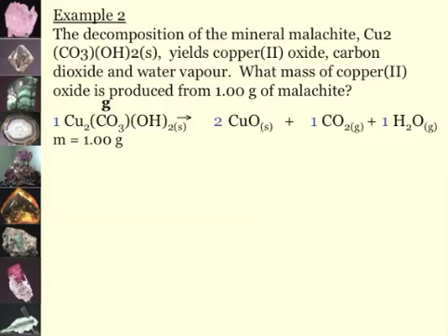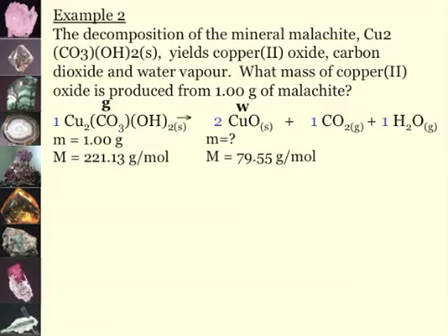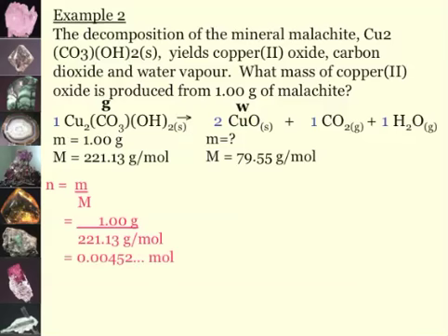I have given 1 gram of that. I can figure out the molar mass. I want the amount of copper(II) oxide. I can figure out the molar mass of that. So I need to know the number of moles of my given, and I figure that out by taking the mass and dividing it by the molar mass. So 1 gram divided by 221.13 grams per mole gives me